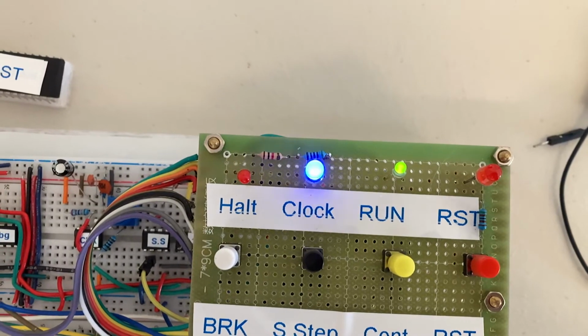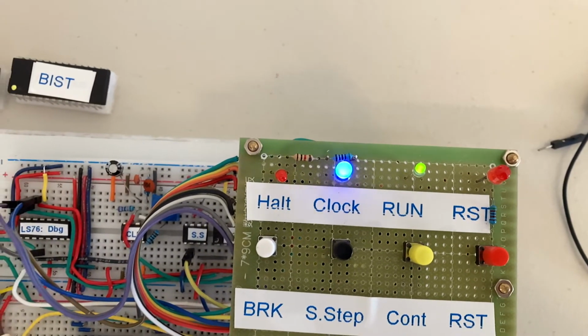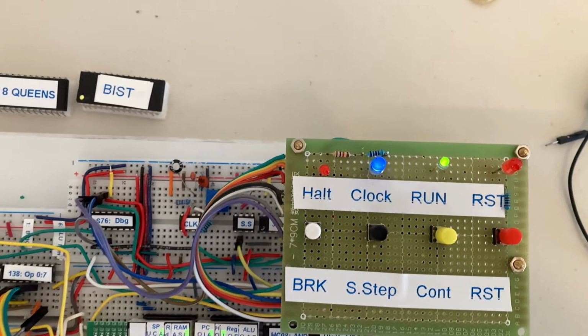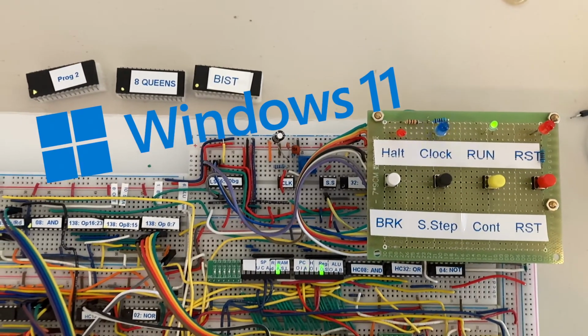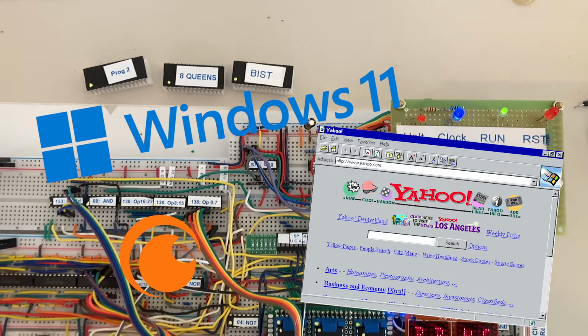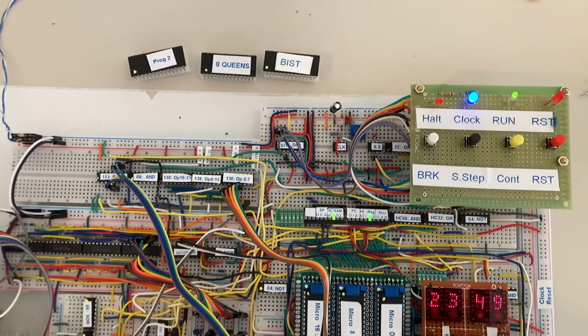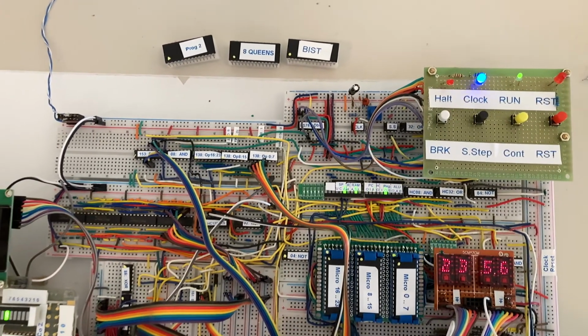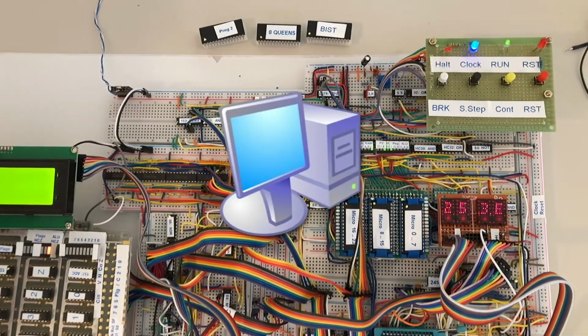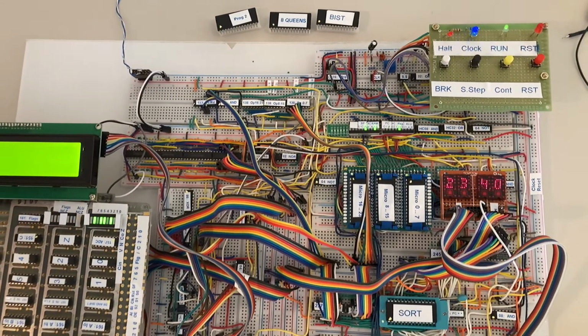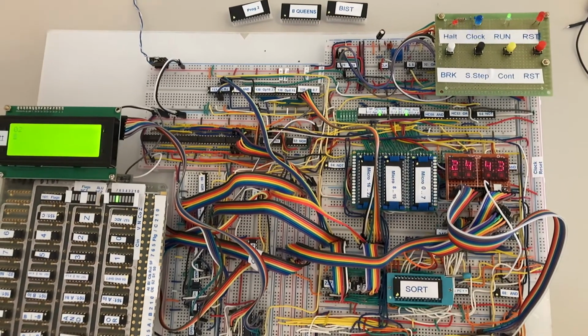Now, we should note from the get-go that even after upgrading the Bytefrost in the future, it will never be able to compete with modern computers. It's not going to run Windows 11, surf the web, or what have you, so why build it? There are a few reasons. First, you get to learn a lot about how computers, including the modern one you're using to watch this video, work, and you get to dabble in almost every level of computer science.